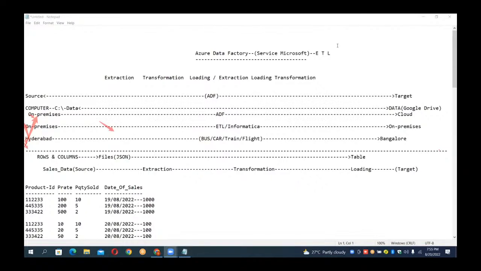Sir, what are the requirement configurations of the system for Azure Data Factory? No configuration is required because it is cloud connectivity. You don't require any configuration, guys. To log in, I'll show you, just a minute. To log in, what you need to do here is